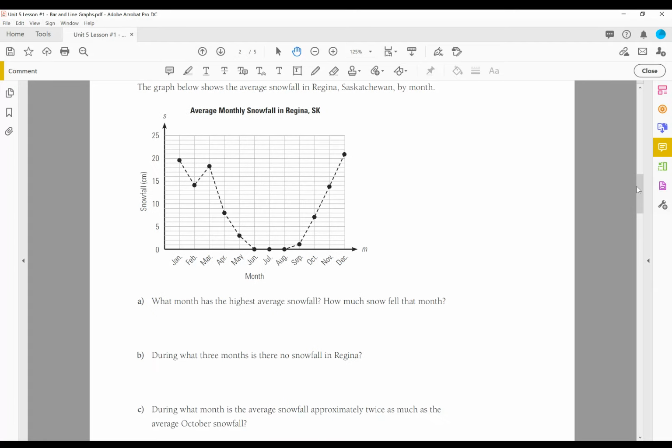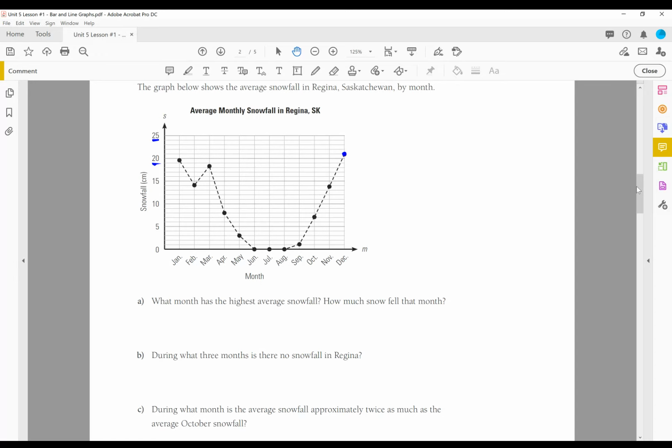Okay, so it says the graph below shows the average snowfall in Regina, Saskatchewan by month. We've gone through the graph. Question A says, what month has the highest average snowfall and how much snow fell that month? Well, we have to look at the graph. The highest snowfall would be the one that has the greatest number here. So if I look, this point right here is the point that is the highest up on the y-axis